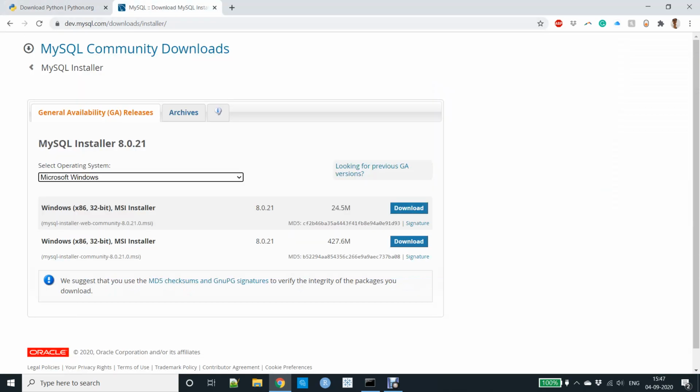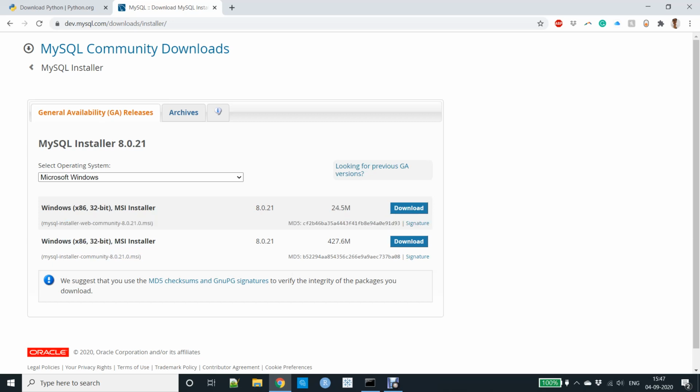Then this is the MySQL community download. You have to install the MSI installer. There are two options, a zip file and an MSI installer. You have to install the MySQL installer community, and not the web community.